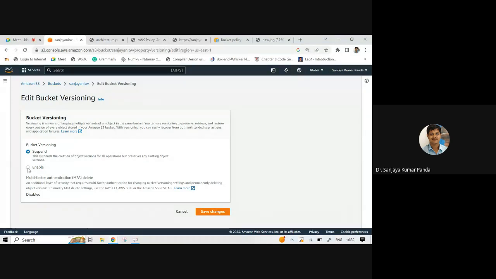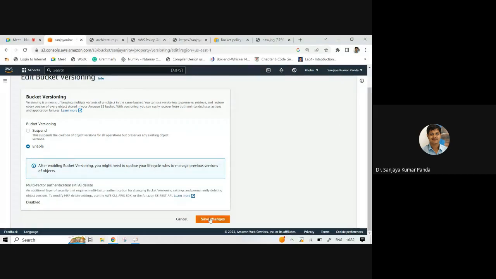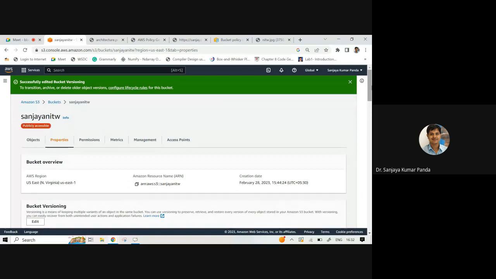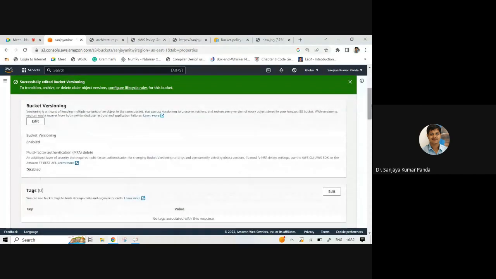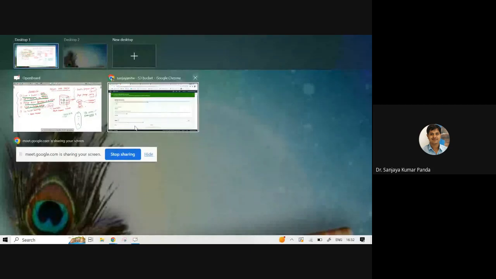So now you have to enable it. Okay. So versioning is now enabled. You can see versioning is enabled. Now suppose I want to change a particular image, or let me show you in the form of a text file.